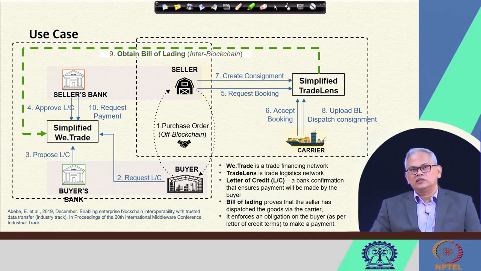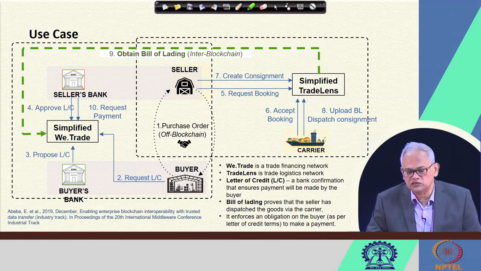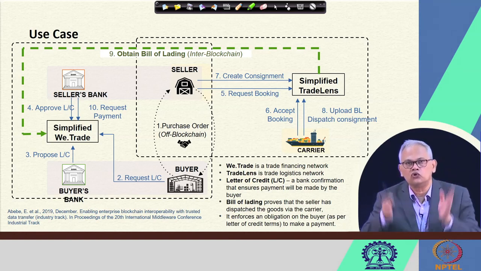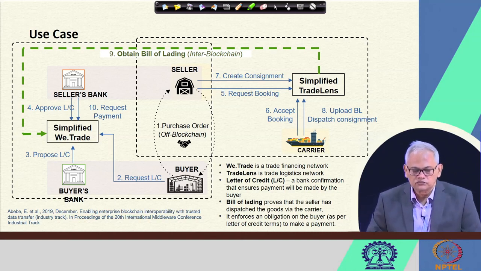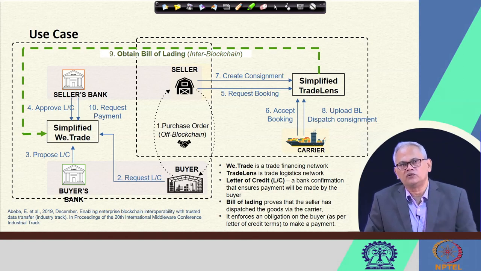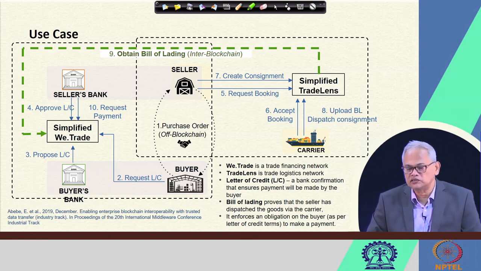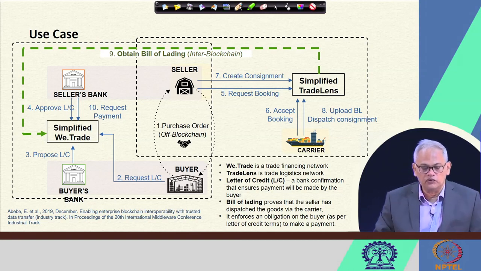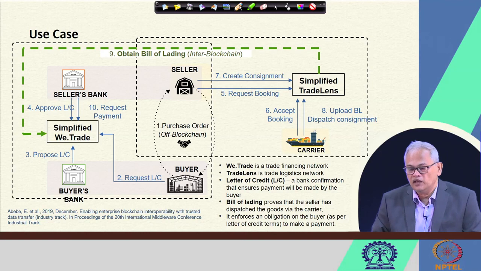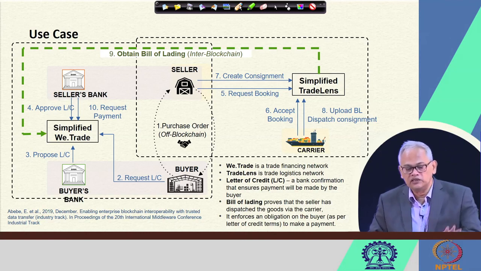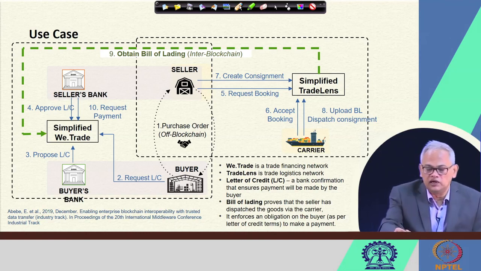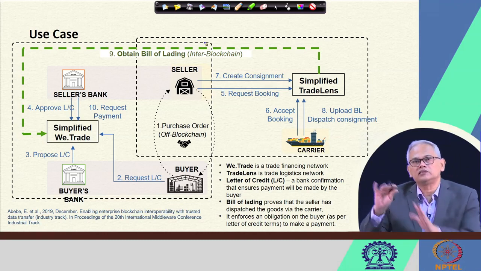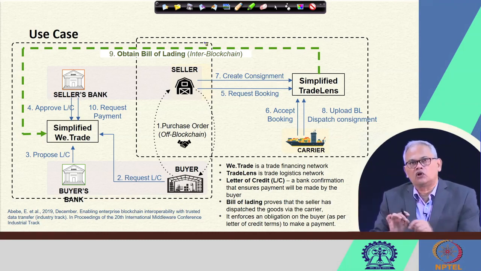Let us take a look at this example. As we mentioned, WeTrade is a trade financing network and TradeLens is a trade logistics network. These are two business verticals, and we talk about a simplified form, which is why we treat them as simplified WeTrade and simplified TradeLens, as is mentioned here. We shorten these as SWT and STL, and on the left hand side you see that we have one blockchain, and then there is another blockchain on the right hand side with these dotted rectangular boundaries,